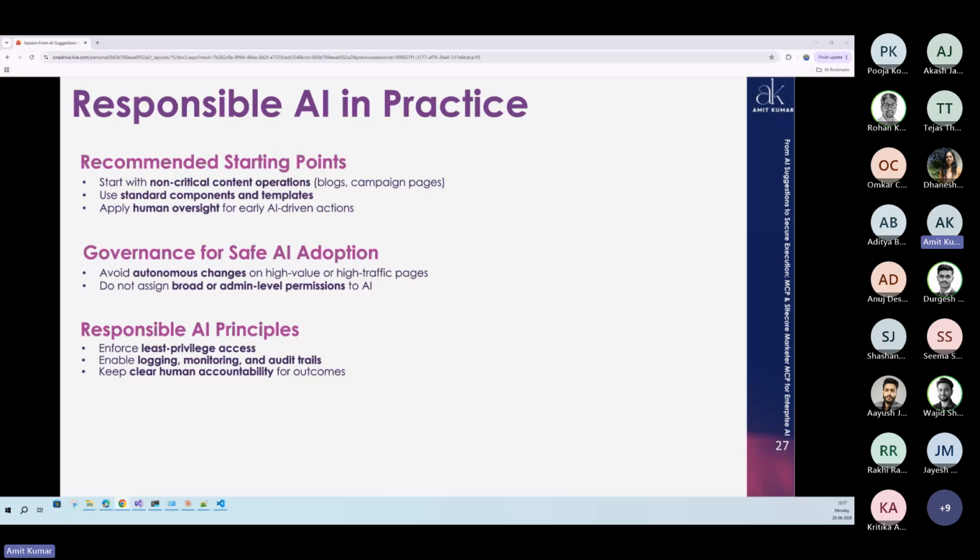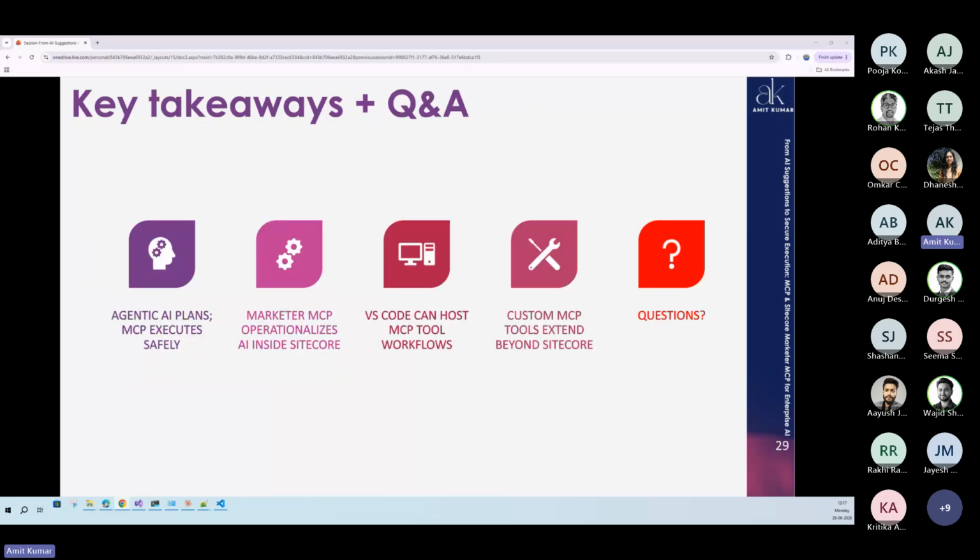So now coming to the last section, the key takeaways. In this session, I tried to explain why the enterprise system is not utilizing AI and what the gaps are, how we can fulfill those gaps with the help of Agentic AI and MCP tools, and how we can extend those MCP tools or create a new MCP tool to complete the automation for your agentic workflow, and how we can utilize the MCP tool in Cloud and Copilot